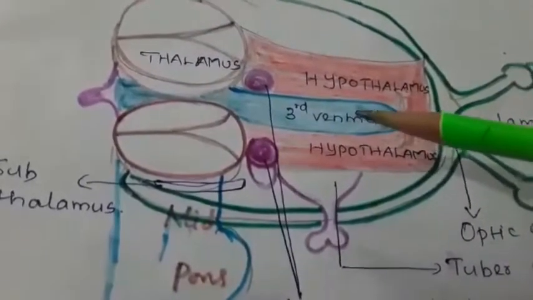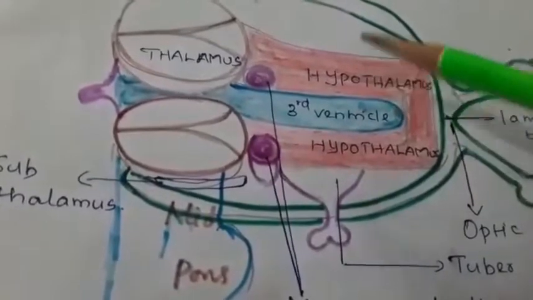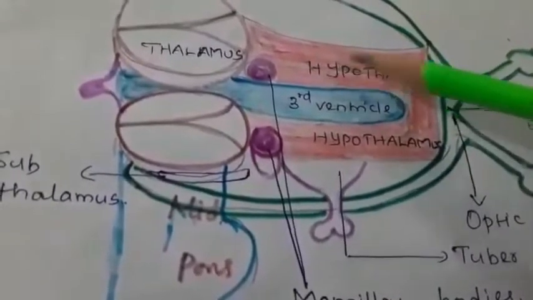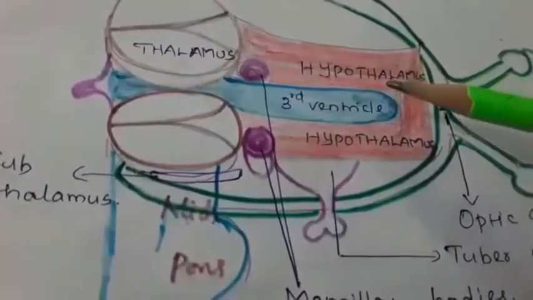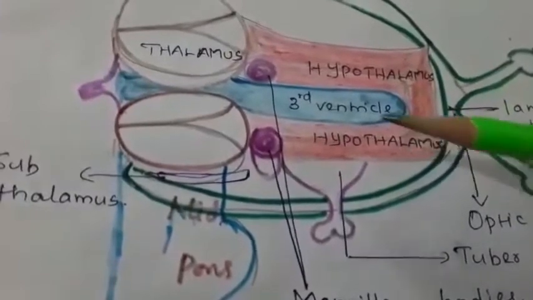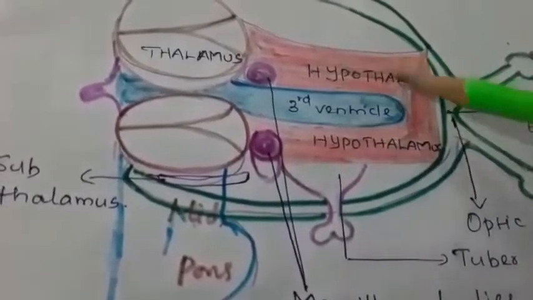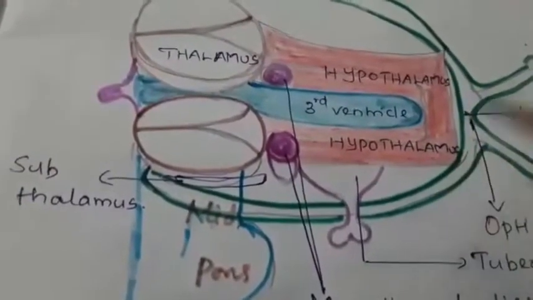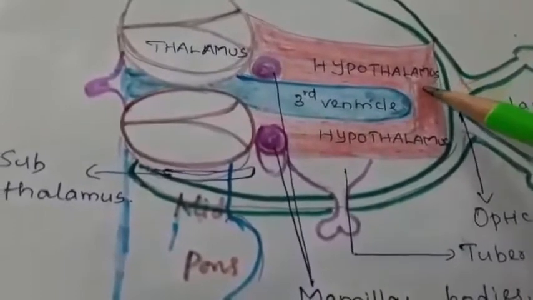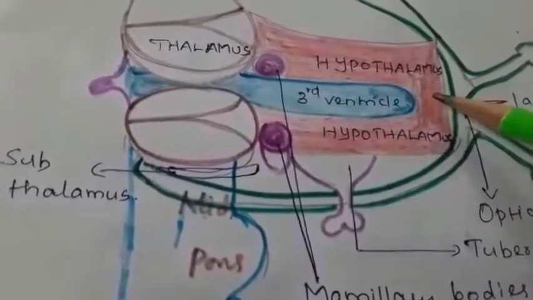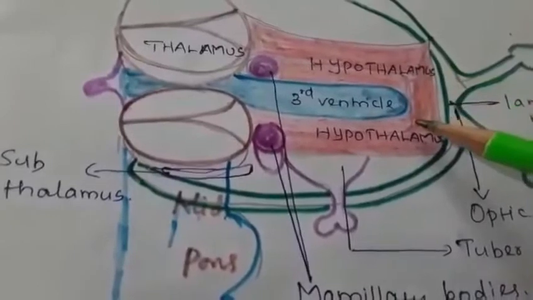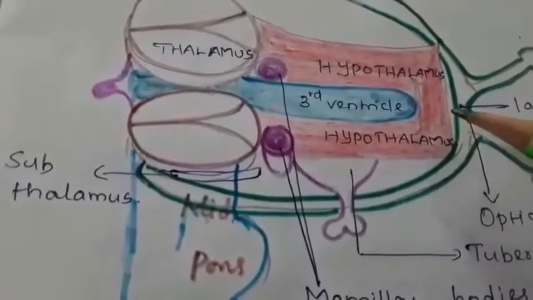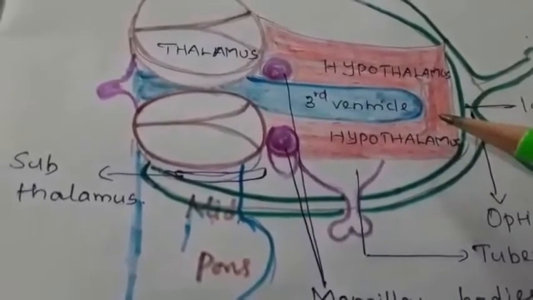Today we are going to learn about the hypothalamus. It is a small region of the brain, located at the base of the brain. It is a thin sheet of grey matter found on the base of the brain. Its weight is only 4 grams. Now let's see the boundaries of the hypothalamus. Before going into the boundaries, although it is a very small region of the brain, it has a crucial role in many important functions, that is many visceral functions and metabolic activities of the body.